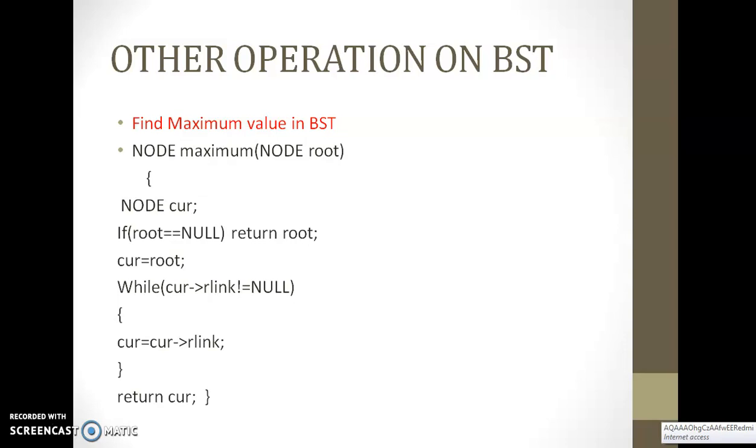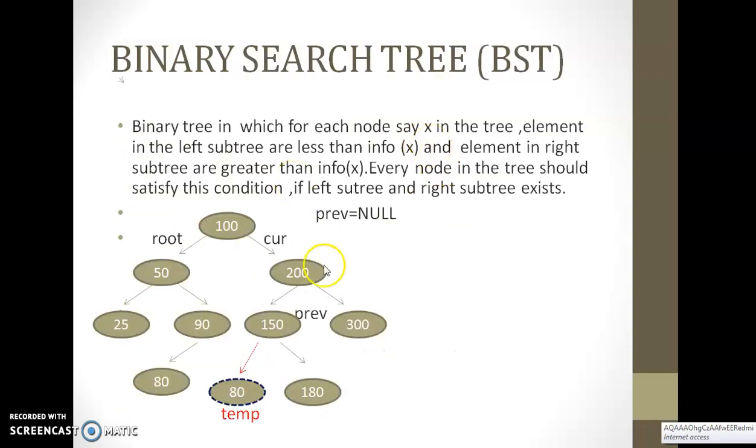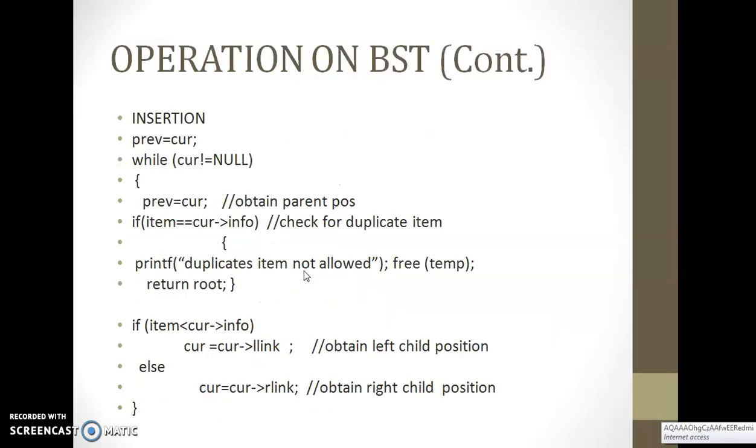Like the first one, find the maximum value in a binary search tree. Okay. How to find the maximum value? If I take this example, I have to keep on traversing through the right value. Like right child, keep on traversing from current to the right child, then keep on to the right child. When the rightmost child does not contain any other child, that time this becomes the maximum value in the given tree. Okay, so how to perform this operation?